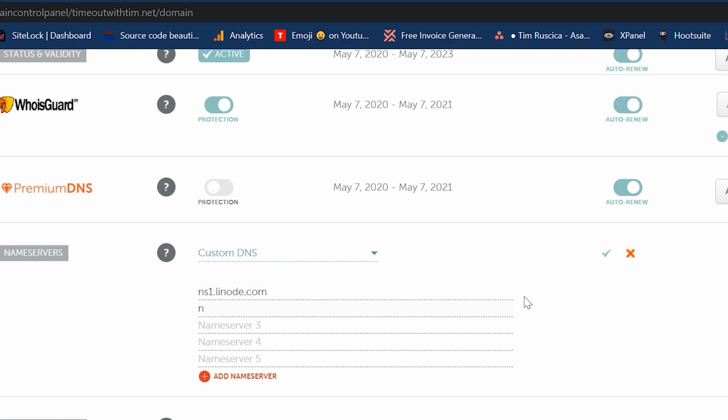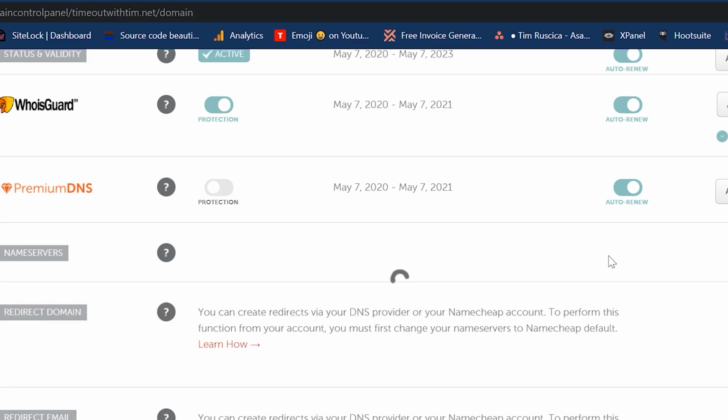ns1.linode.com, ns2.linode.com, and then all the way up to 5. So ns3.linode.com, ns4.linode.com, and then finally ns5.linode.com. So once we have these name servers, I'm going to press this little check mark to save these,